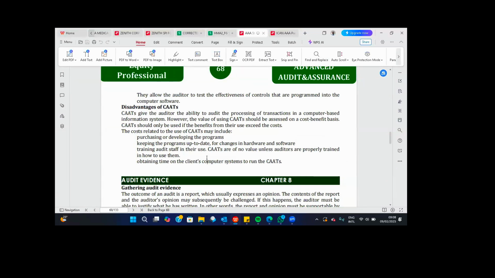Go and check it. If you have your ICAN study text, the 2021, go and check the number of pages that you use to discuss audit evidence. You agree with me that it is by far the most voluminous. Number two, this is the most important aspect of an audit engagement, because the opinion that is formed by the auditor at the end of the engagement is based on the what? Evidence gathered or evidence obtained. Are you with me? Number three,